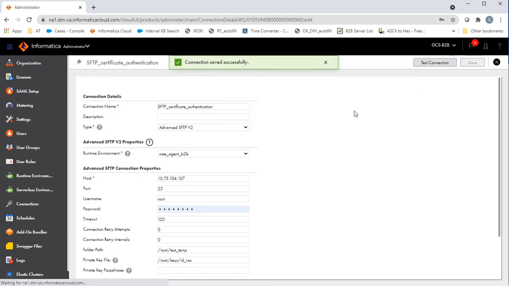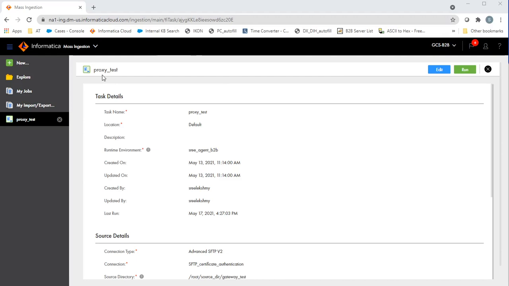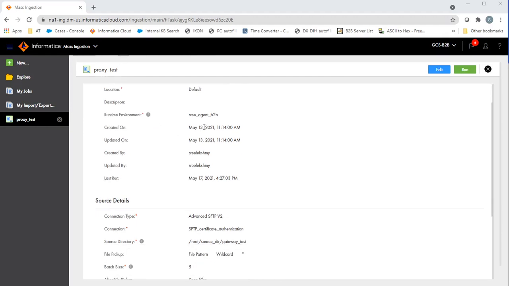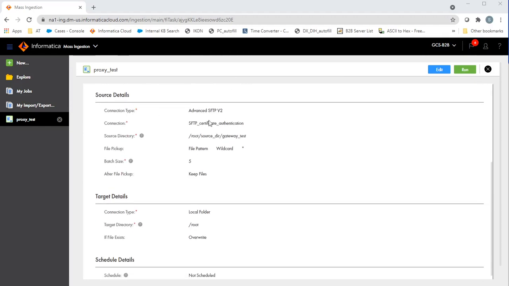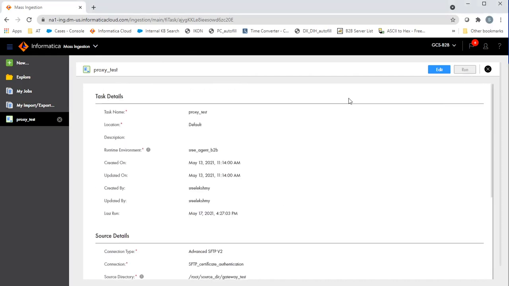Now, in order to understand how it works, let's run a test job using this connection and look at the logs. I'm running a sample mass ingestion job. This is the task and the source is the advanced SFTP v2. This is the connection where we have set the proxy, and the target is a local folder. Let's run this.